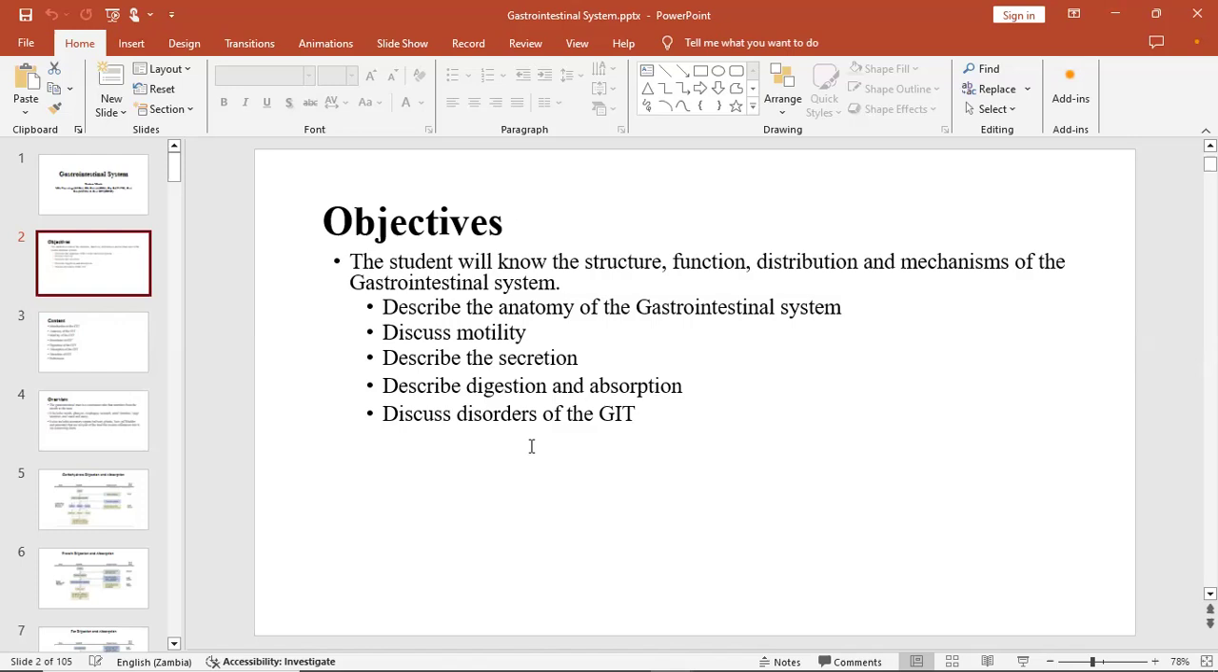Another example I can give you is saliva, which contains different types of substances. Another thing I can talk about is pancreatic juice, which also contains different types of enzymes like trypsinogen. Bile is also another example of secretions that we are going to discuss in detail later. Then after we understand the anatomy, the motility, and the secretions,